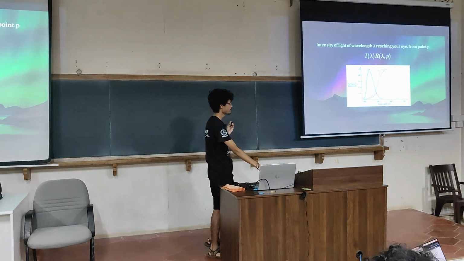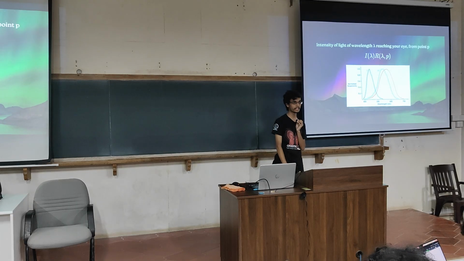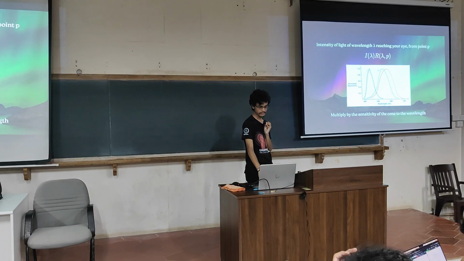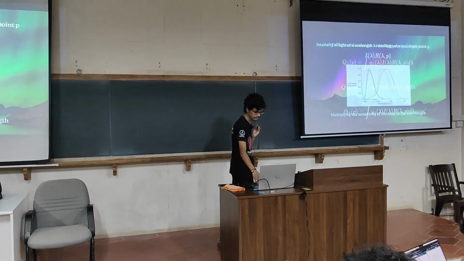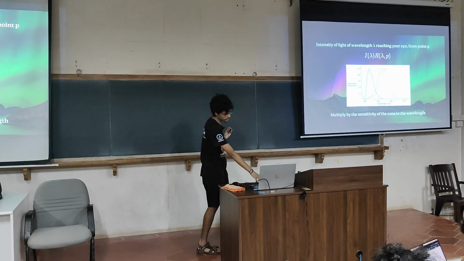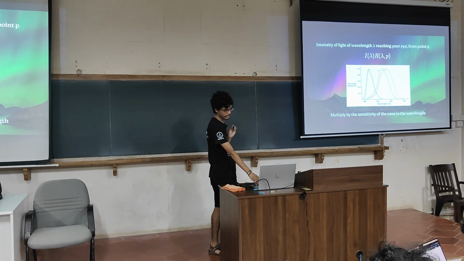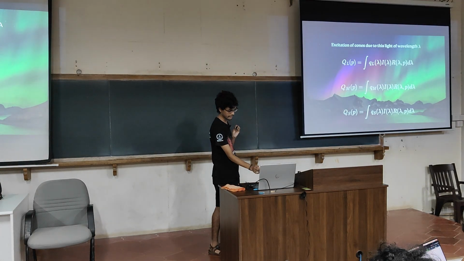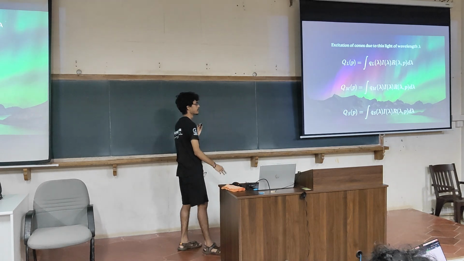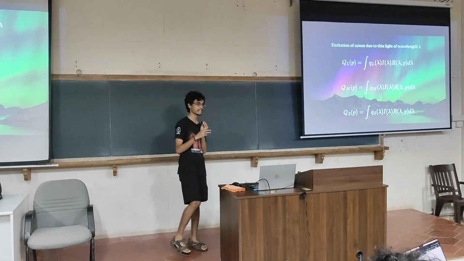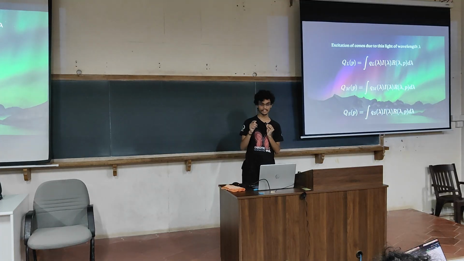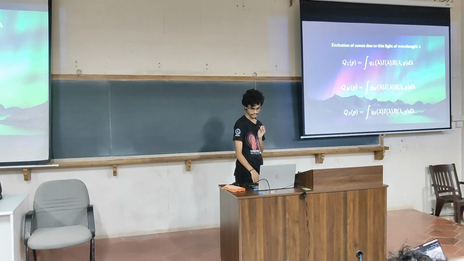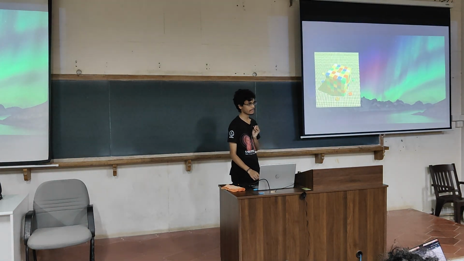But the different cones also have different sensitivities to each wavelength. So I will also multiply by the sensitivity of the cone to the wavelength itself. If you just do this for one wavelength, then you'll get the excitation caused due to that wavelength, or a little bit at that range of wavelengths. And if you integrate over all the wavelengths, then you'll get the total excitation of the cones. And this is the info that your brain has. And from this info, it needs to be able to judge the color of an object without relying on the illumination. So, any thoughts on how it can do that?